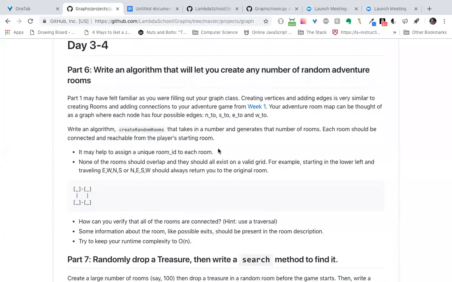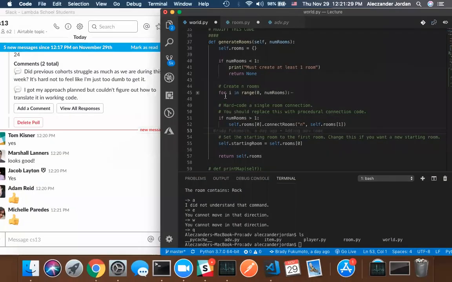So just as a reminder, part 6 was just to write an algorithm that will let you create any number of random adventure rooms. Basically, if you start with one room, you want to be able to add additional rooms to that one room. So if we recall